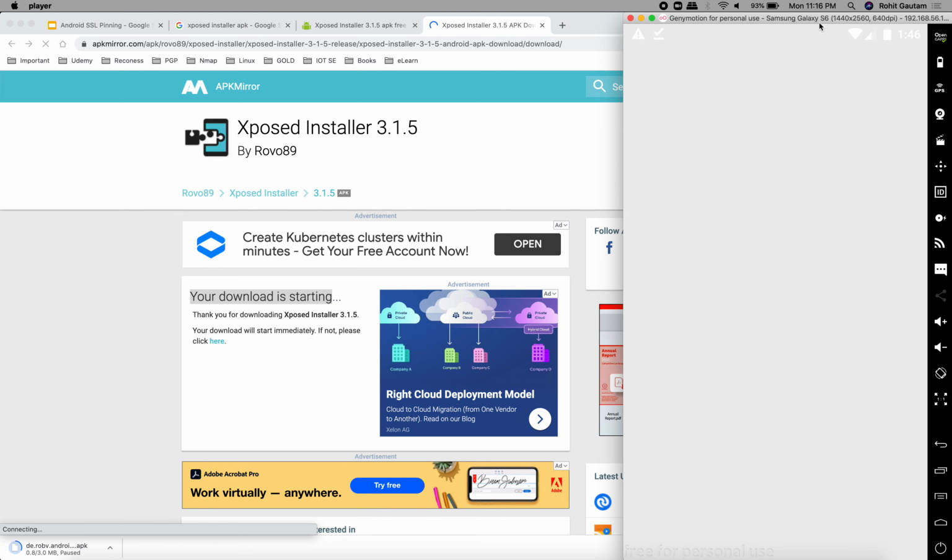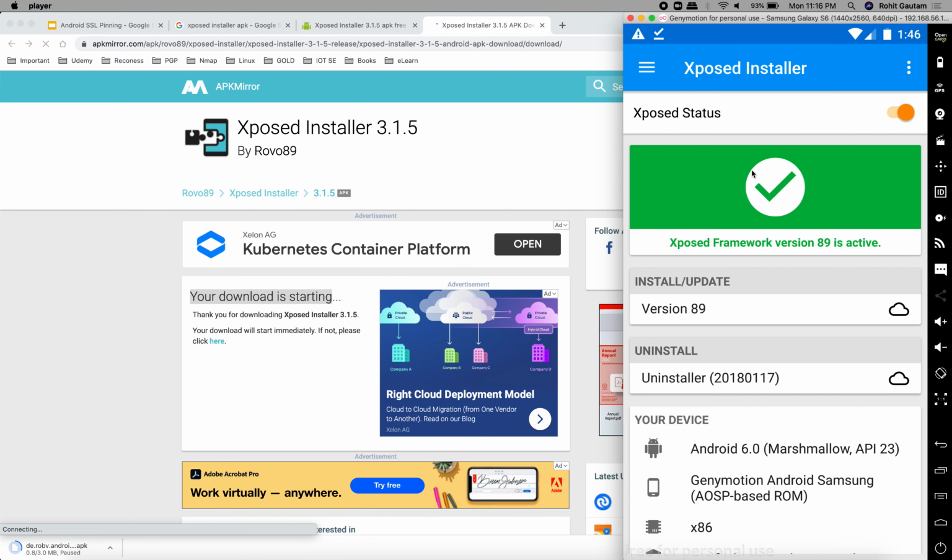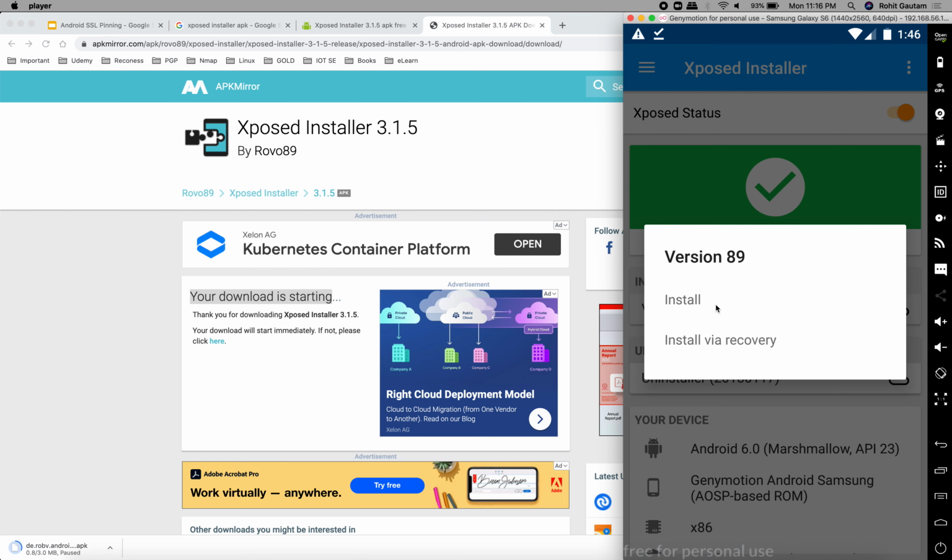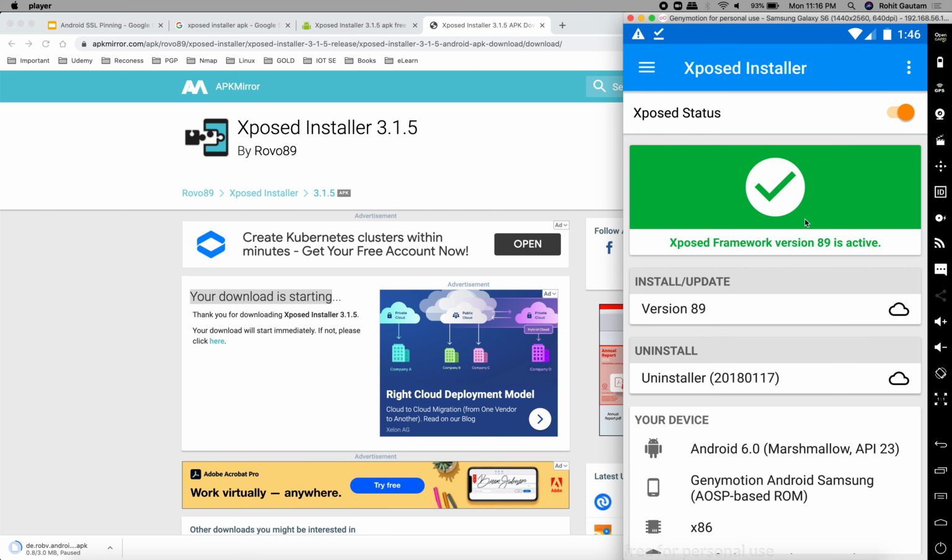As you can see, it has installed, and the first step that you have to do, when it is installed, is it will say Xposed framework is inactive, install. So you need to click on install and update, and you need to click on install. Once you click on install, you will be able to see this green tick.